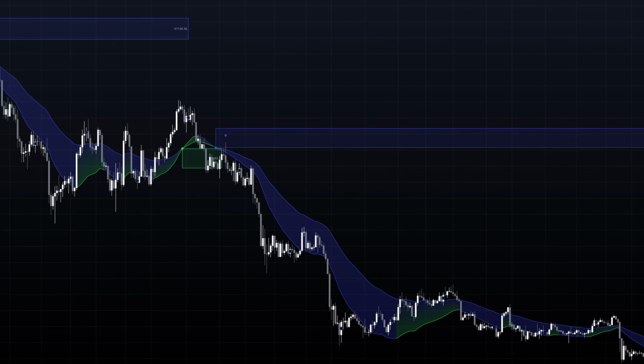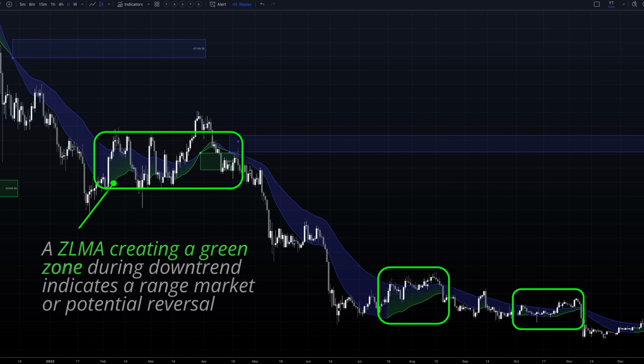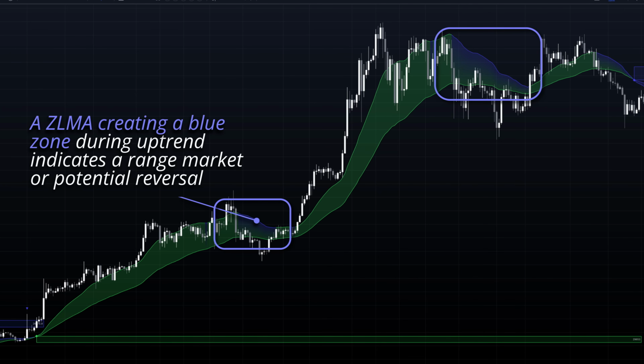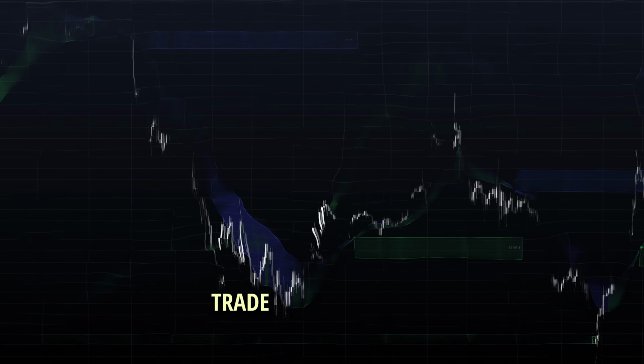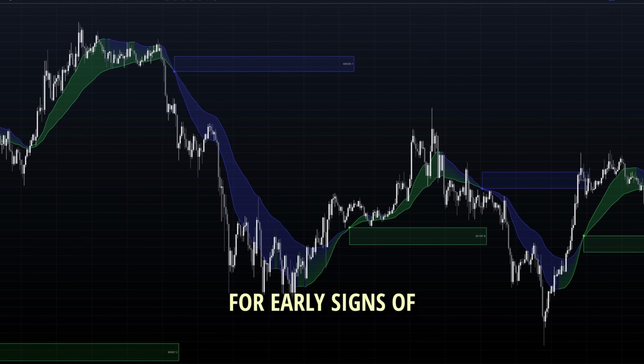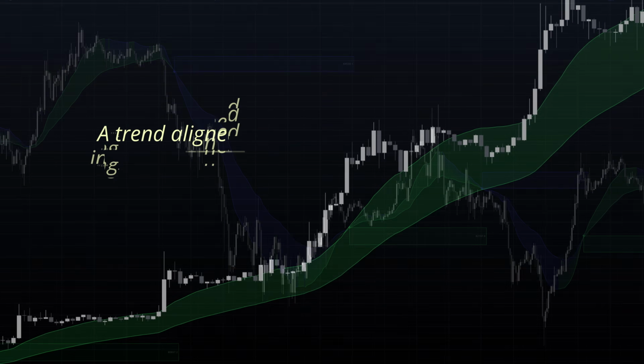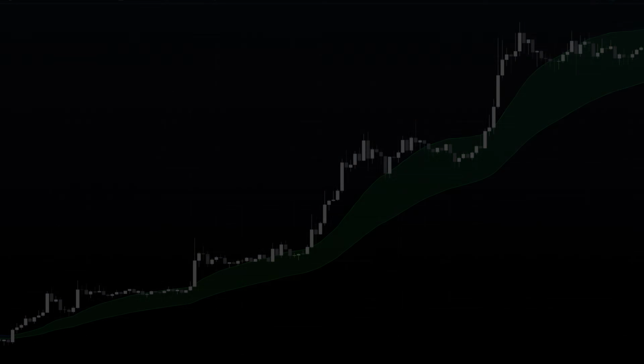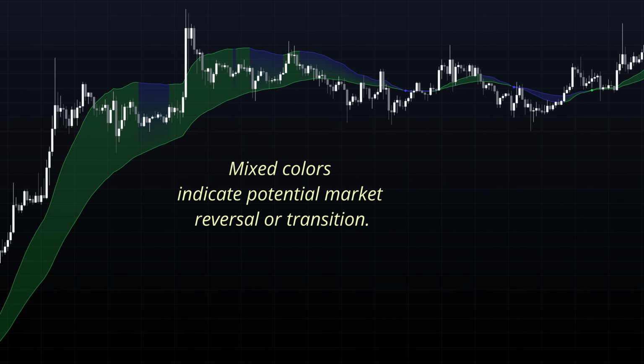may occur. In a downtrend, a rising ZLMA turns the cloud partially green, signaling potential weakening of the trend. Conversely, in an uptrend, a declining ZLMA turns the cloud partially blue, indicating similar weakness. Traders can monitor these color changes for early signs of momentum shifts. A fully colored cloud aligned with the trend suggests strong directionality, while mixed colors point to a potential reversal or